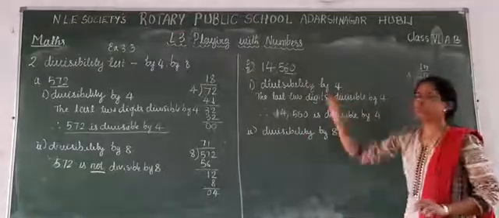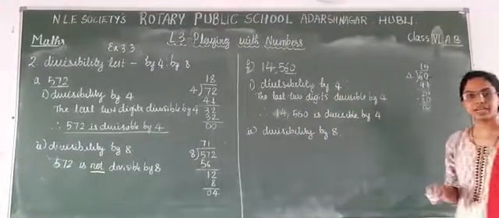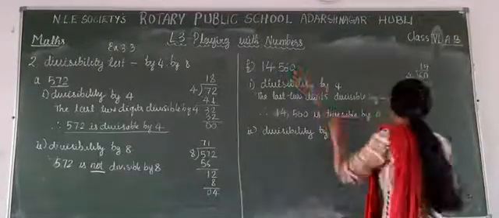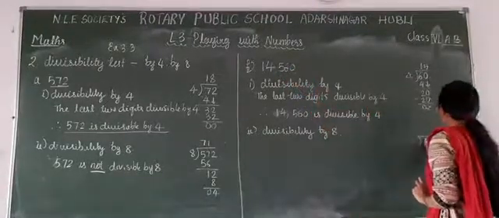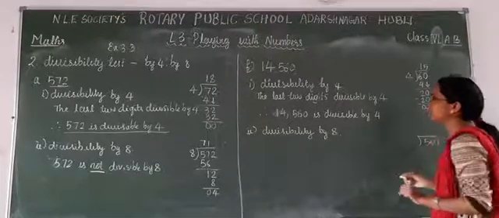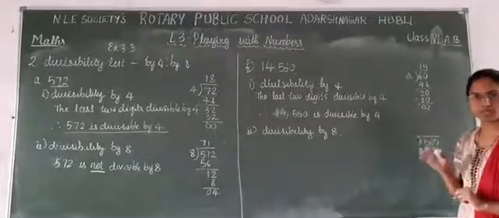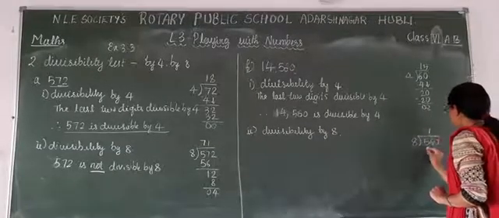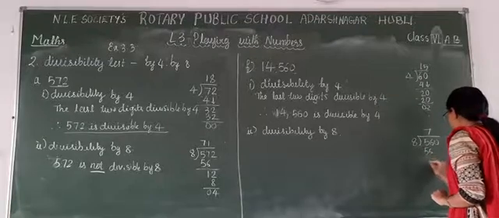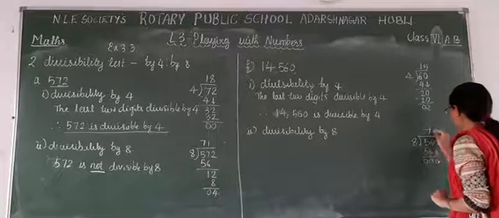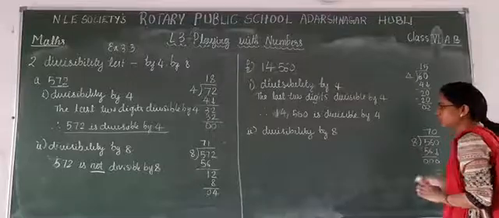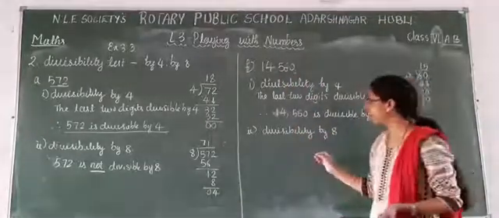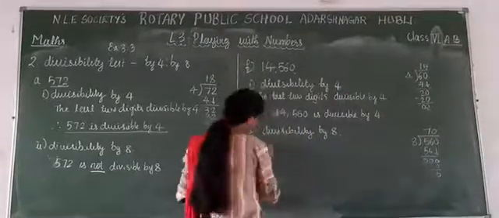So the same number, 14,560, is it divisible by 8 or not? How are we going to take? The last three digits, that is 560. If the last three digits of a number are divisible by 8, then the whole number is divisible by 8. 560 by 8. 56. 0 comes down. 7 zeros are 0. Remainder is 0. So, since 560 is divisible by 8, the last 3 digits are divisible by 8.